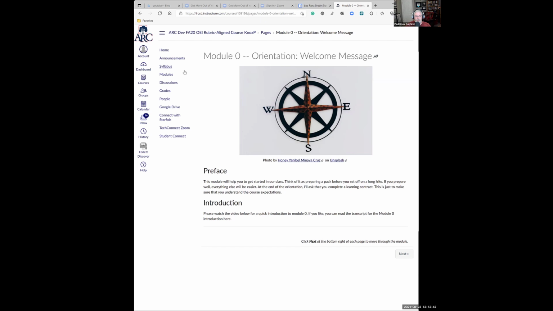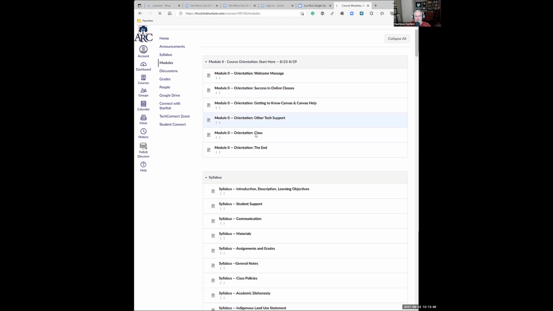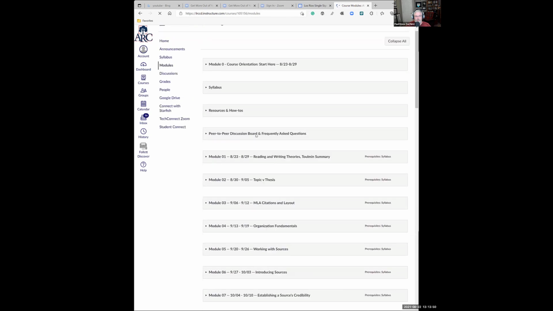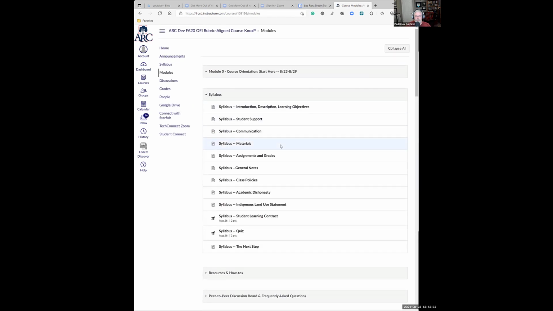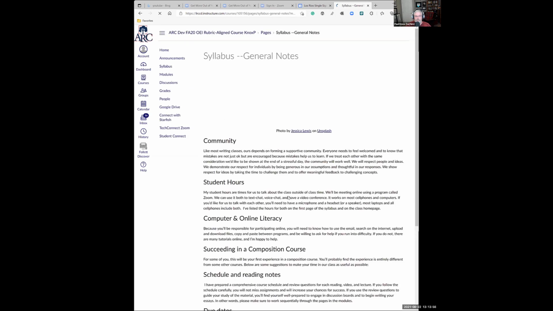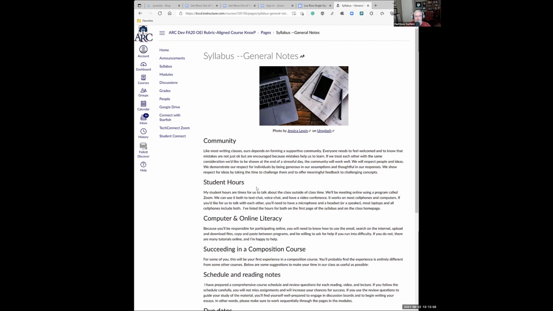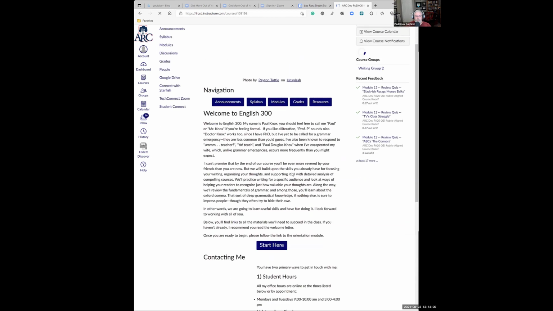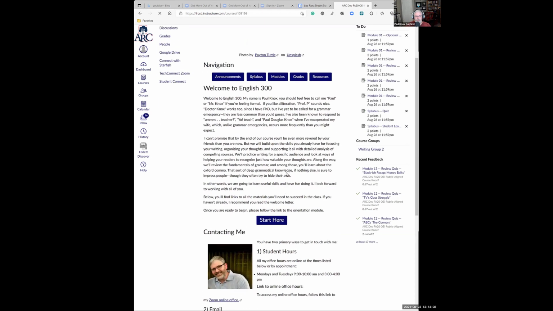In the syllabus, you will find a page that talks about grades. We're using a slightly different grading standard than you may have encountered before. So after you read this page, there will be a video for you to watch that will try to explain it to you in more detail. If you have any questions, you can always reach out to me and ask. And again, that contact information is right here.